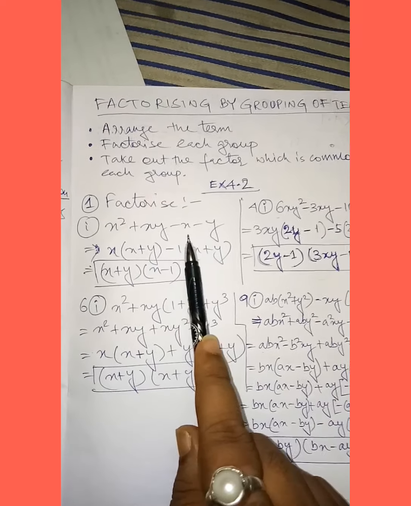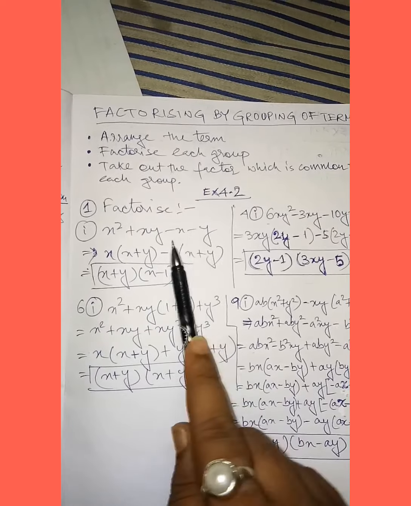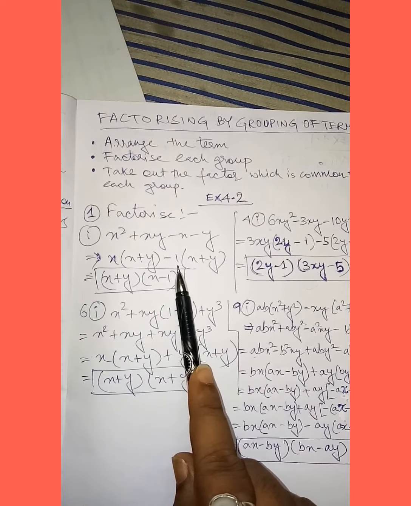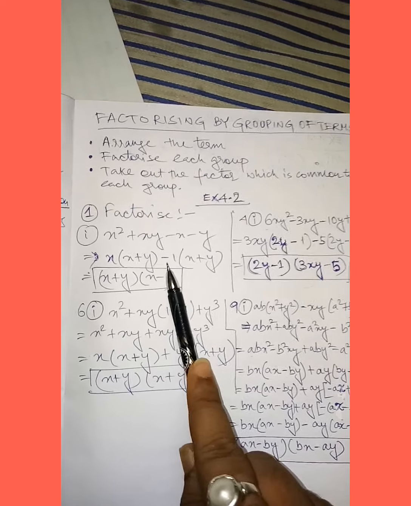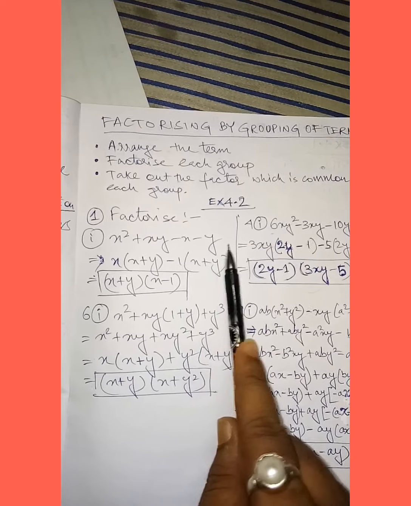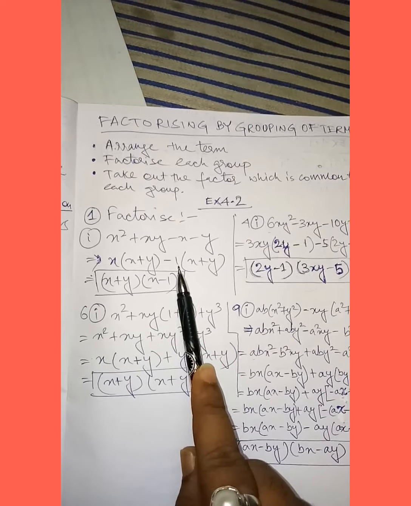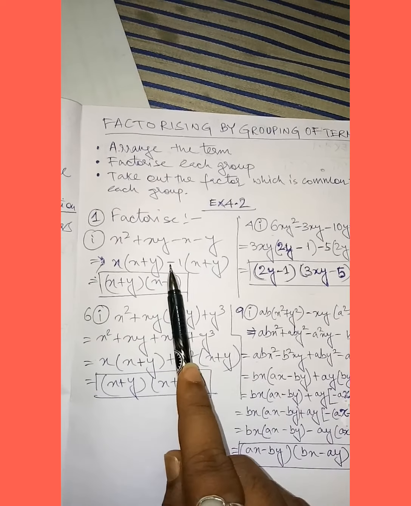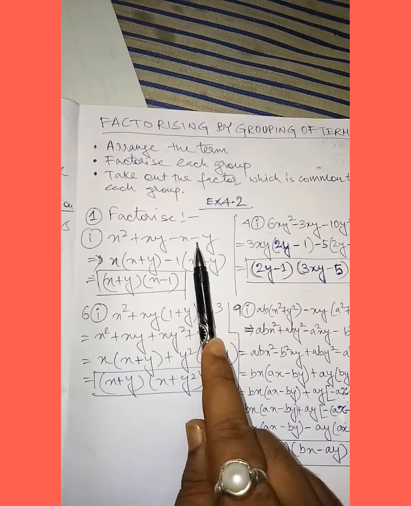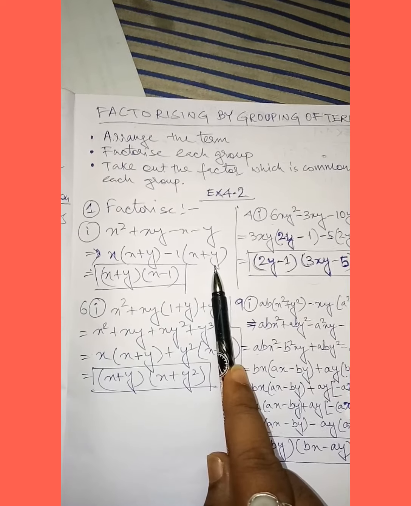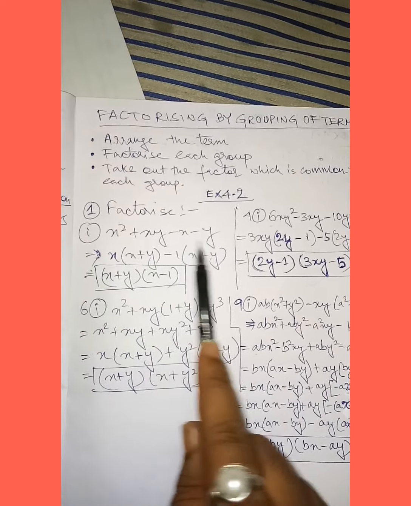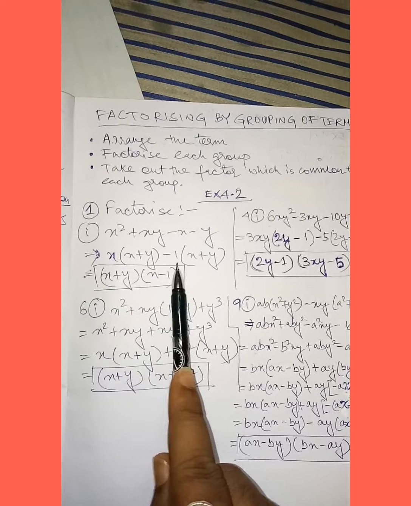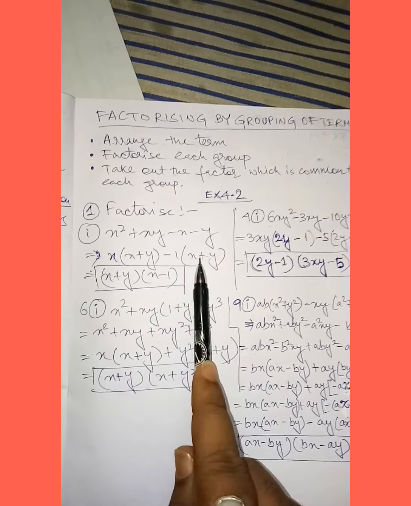Now from here again you take a common. See, nothing is common, so I can write minus 1 here. Why? Because it's minus and minus, nothing is common, so at least we can write 1 here. Then what is the remaining? x, but here it will be plus. Minus into plus will be minus, and this is y. From the 4 terms, how many terms are coming? 2 terms. From these 2 terms again you take out common.